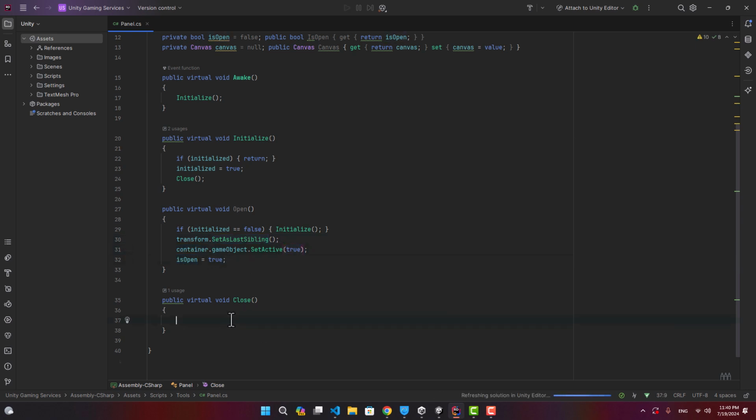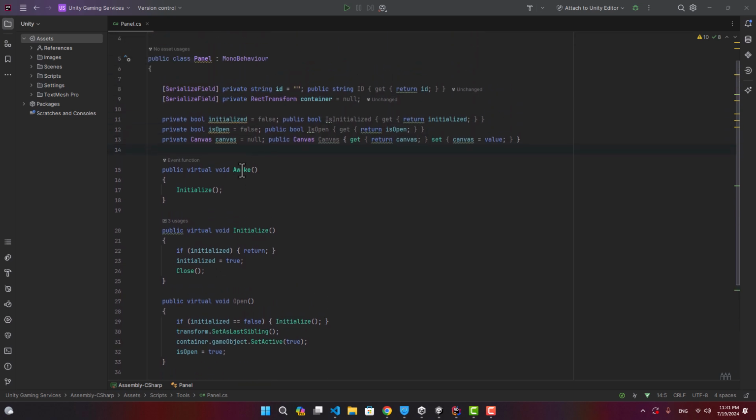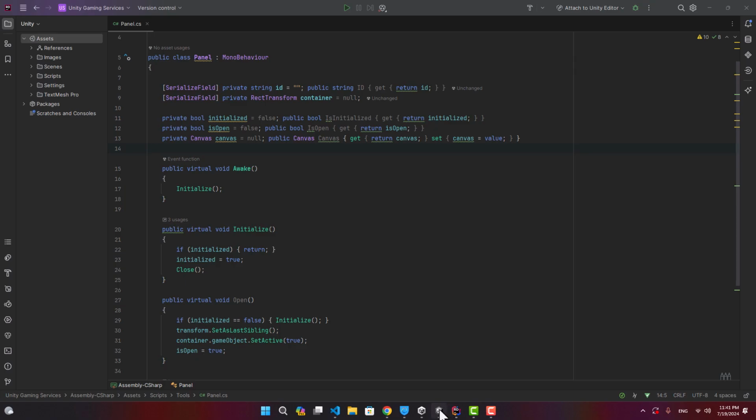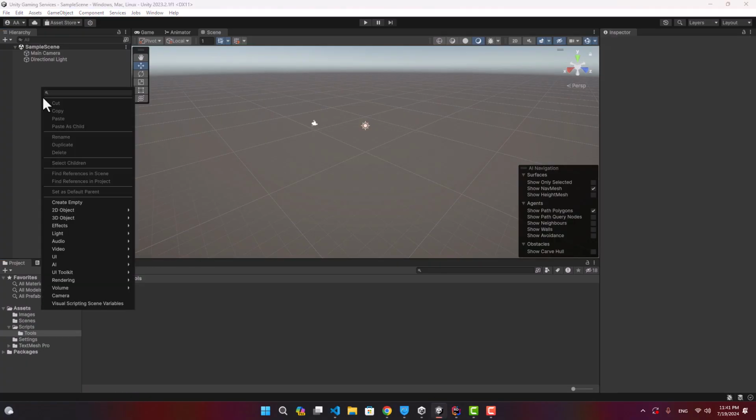And in the close function, set game object to false and isOpen to false. So we're going to be using this panel script. Let's actually go to the editor. Here, if I create a canvas,